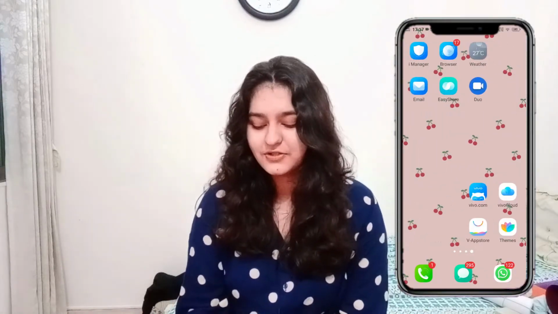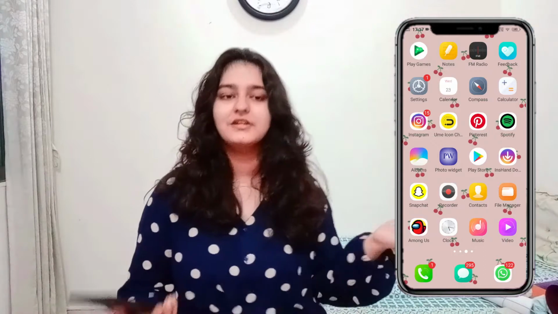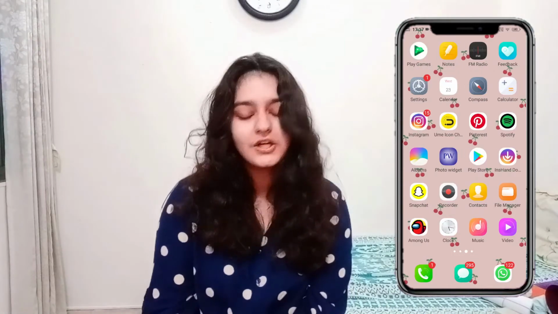So this is what a phone looks like now. All our apps are pretty much on the same page, and this is where I tried out a little something, so we'll just ignore that. I'm going to move to the side so you can see the screen over here, and this is what it looks like now, and this is what it's going to look like after it's done.